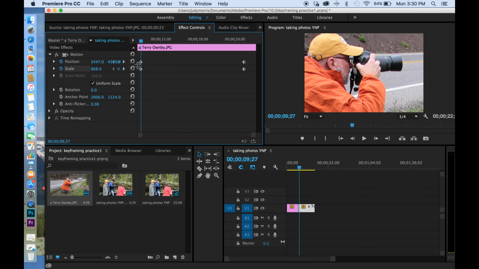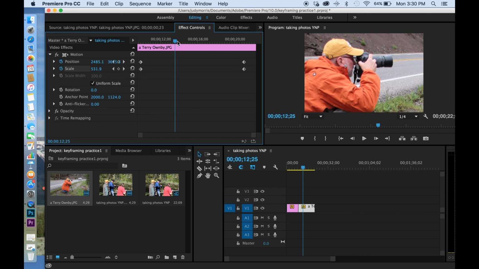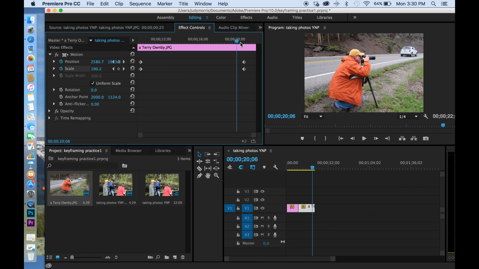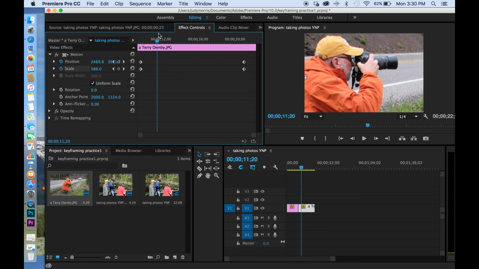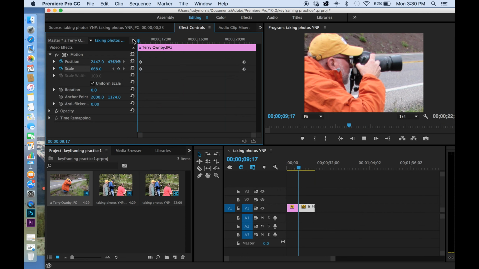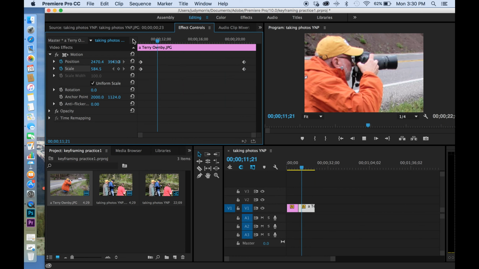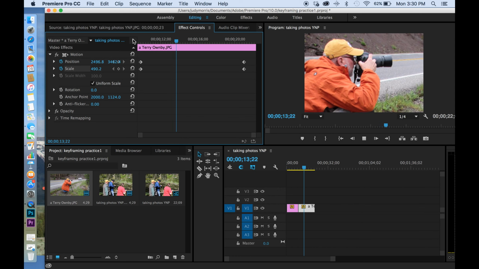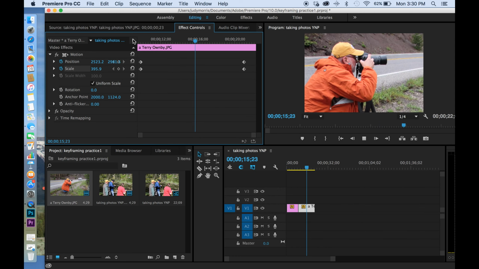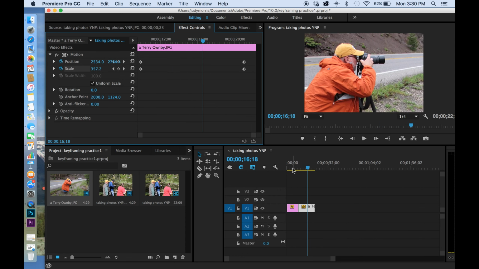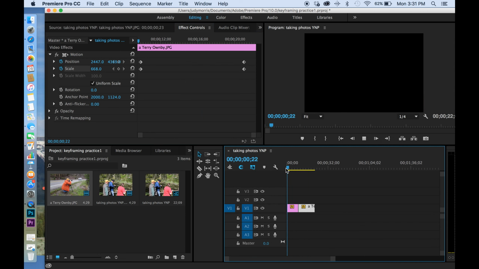Okay, and you saw how it made the keyframes as soon as I started playing with these parameters. Notice that you have to bring that time indicator over. If you start doing that here, it just makes the whole clip zoomed in. Okay, and then you see now it's zooming out within my image, and that is the Ken Burns effect. So the two clips together